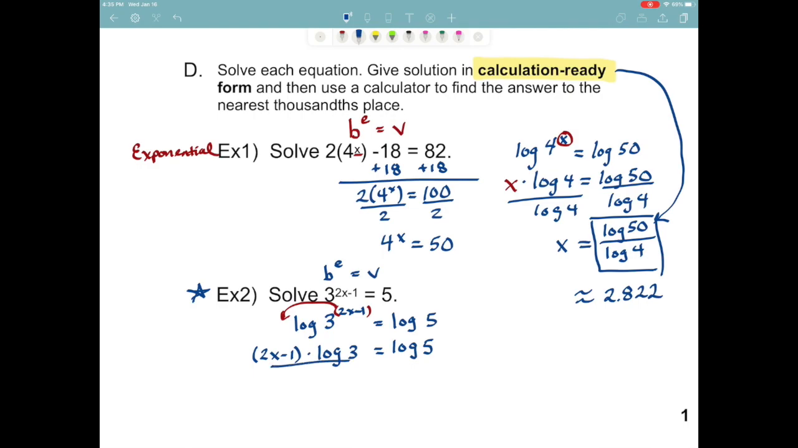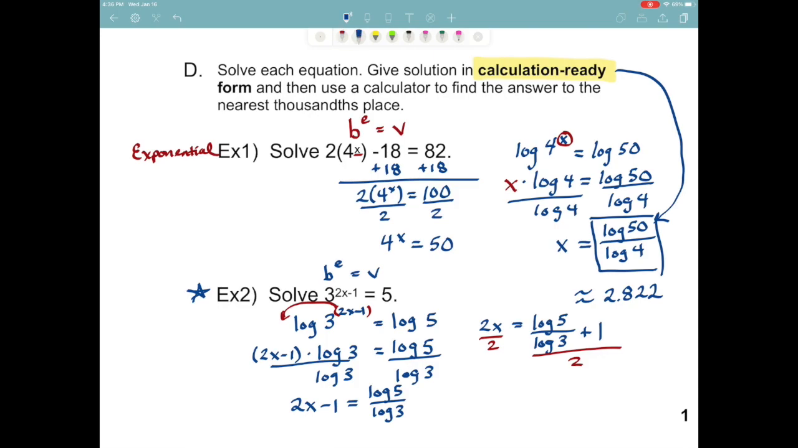You're going to do the exact same thing you've done before. Divide each side by log of 3. So what we have now is 2x minus 1 should equal log of 5 divided by log of 3. But we still need to solve for x, so we've got to get x by itself. We're going to need to add 1 and then divide by 2. So 2x should equal the log of 5 over the log of 3, and then plus 1. And then we'll divide that whole thing by 2